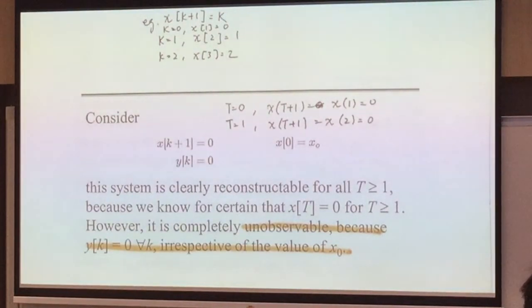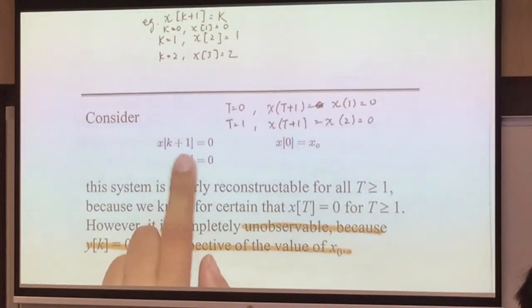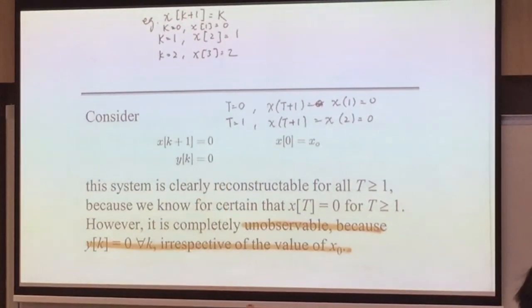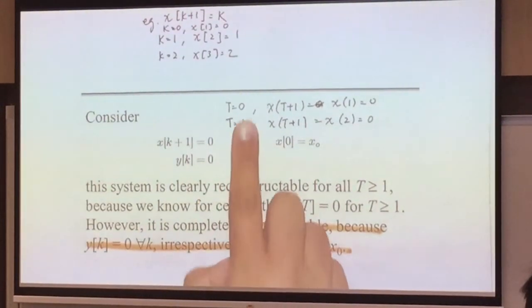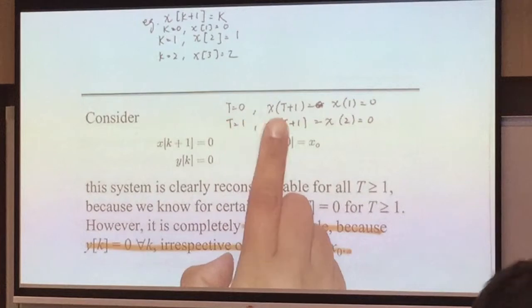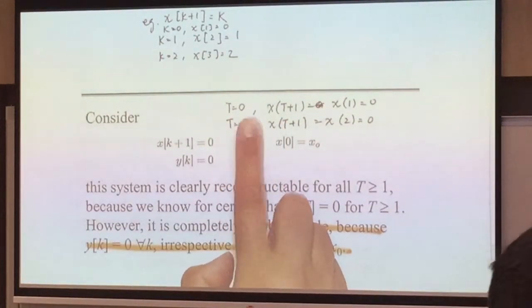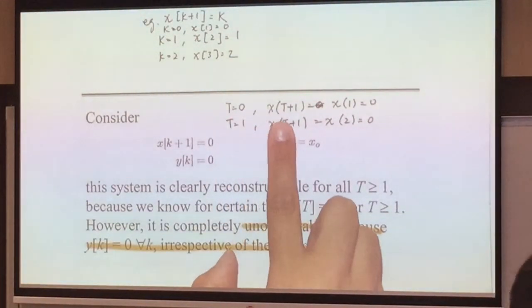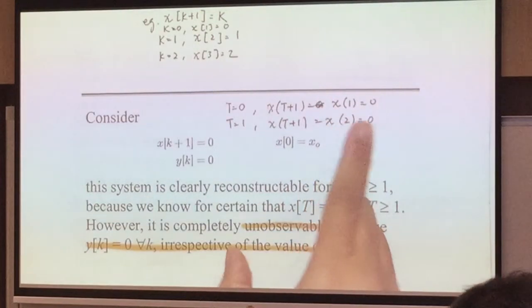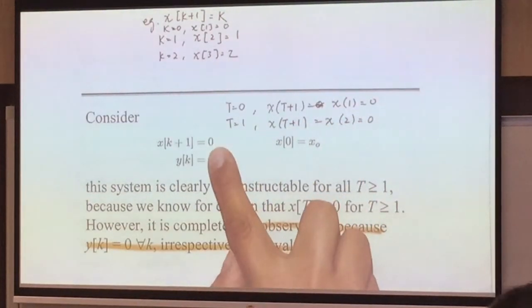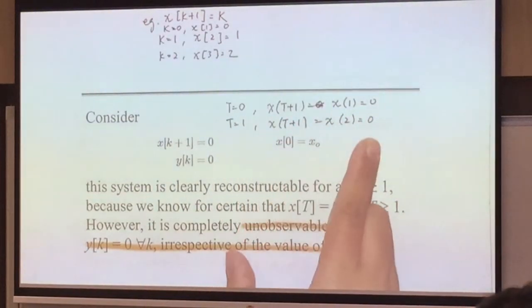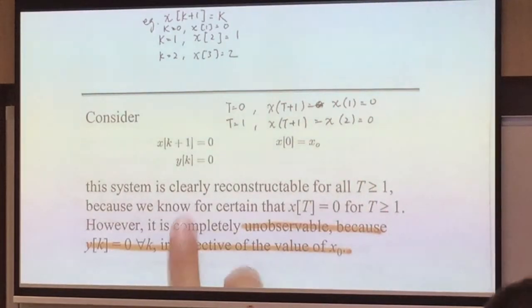Okay, so if we just look at this example first, x(k+1) is 0, y equals 0. So what you do is you substitute values. So with t, it's obviously okay. When t is 0, you have x(t+1) is x1, which is 0, because this is always 0. t equals 1 is still 0. Alright? So this system is clearly